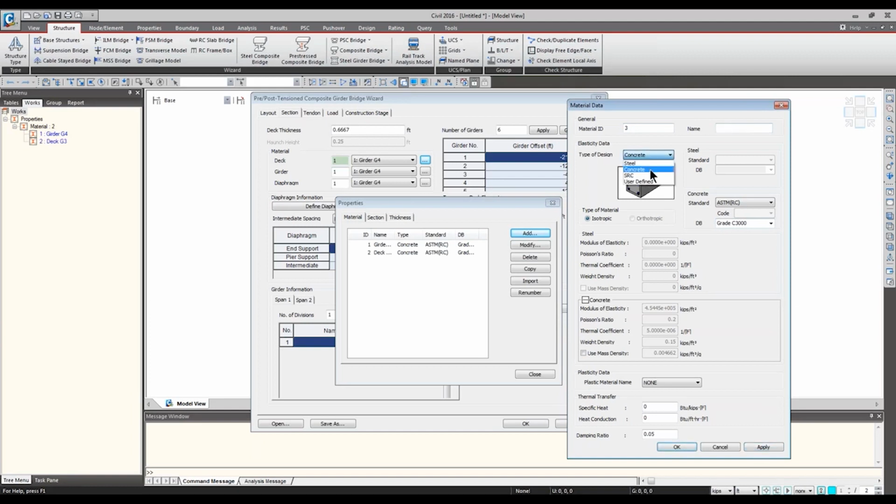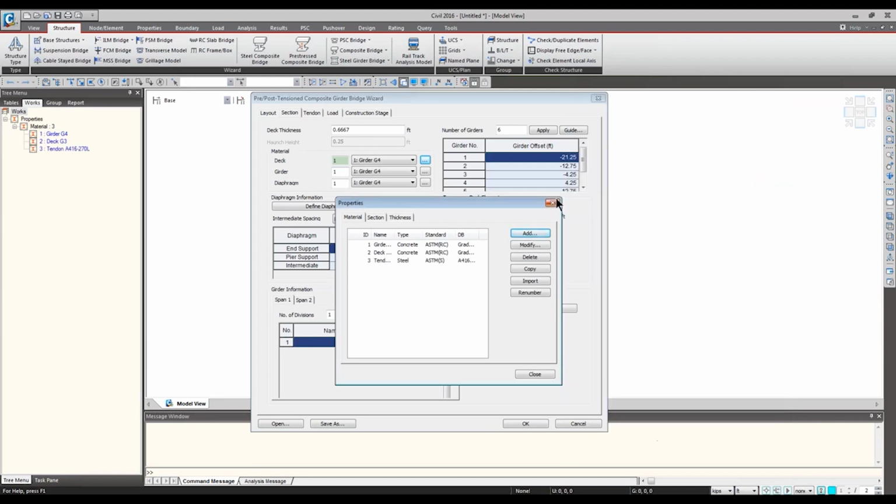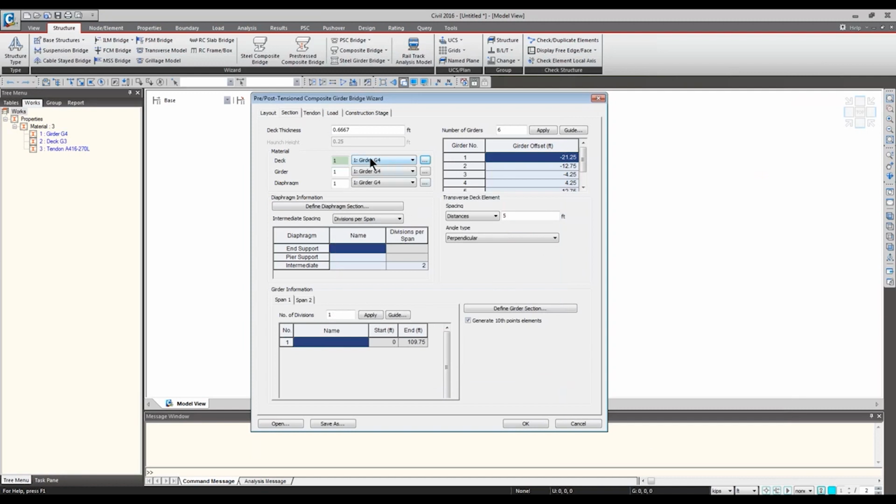And I also need a steel material for the tendon. 416 to 70 low. I can modify the name too. Okay, so this way you can quickly define your material from our database and simply choose from this drop-down list.